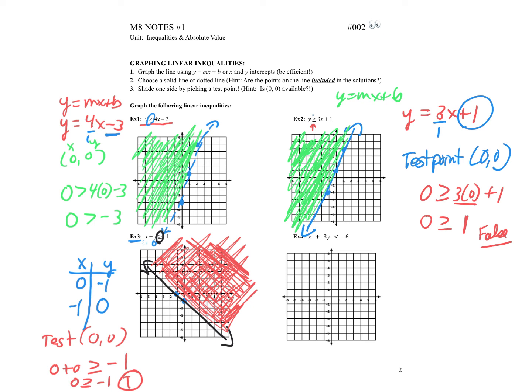Let's see. Again, this one's in standard form, example 4. It has x and y on the same side. So I'll probably use the x and y intercepts, which means I'm going to plug a 0 in for x and a 0 in for y. So let's start. 0 plus 3y is less than -6. So 3y is less than -6. When I divide by 3,